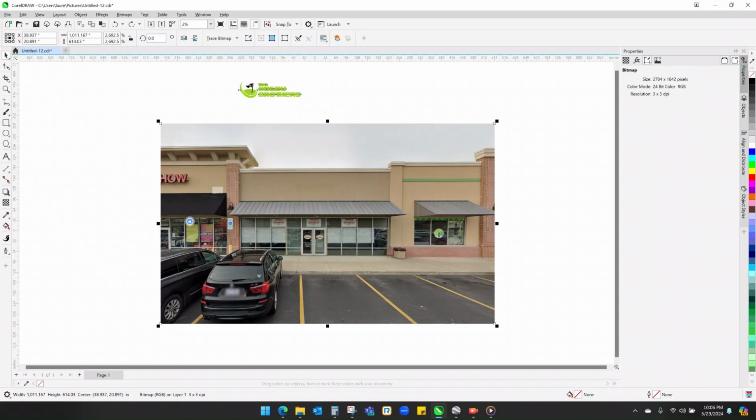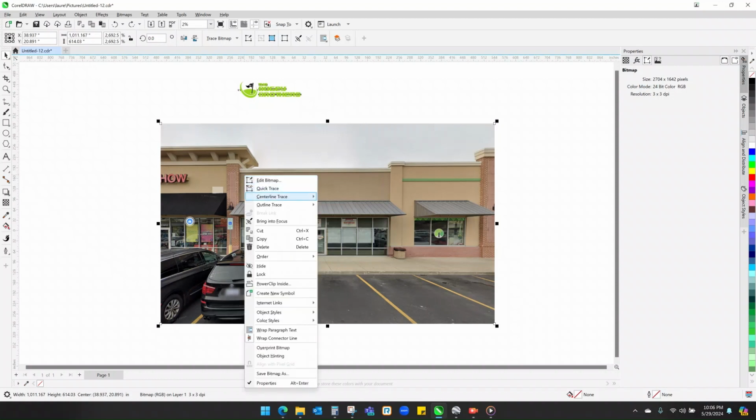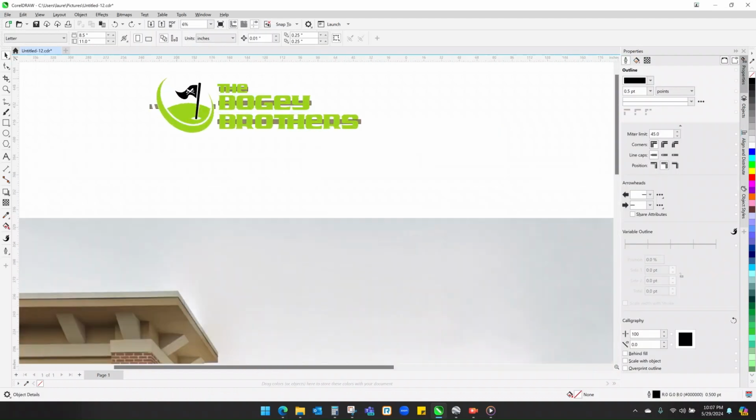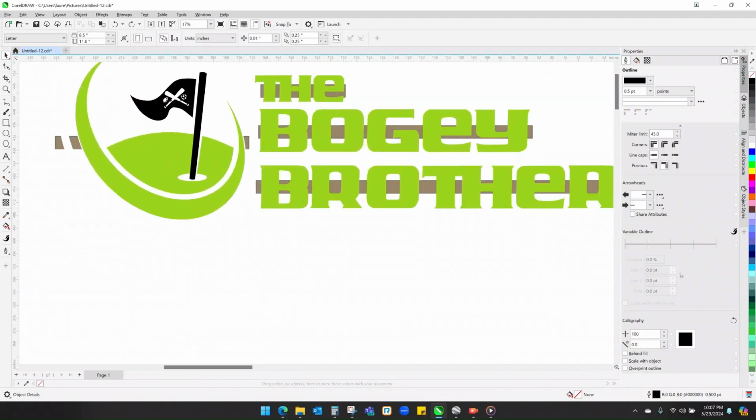So for example, something I've done that's really important is a signature. I had someone that wanted their signature on a t-shirt. So they wrote their signature on a piece of paper. I took a really clear photo of it on my cell phone, and I imported it into Corel, and then I traced it as a bitmap. There's a couple different options you can do. I think I did line art, but I typically always go to clip art, and it will outline trace the